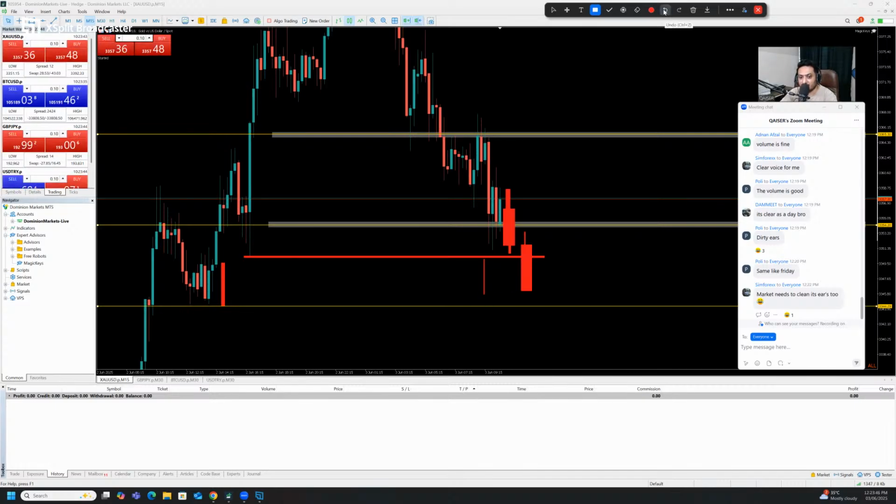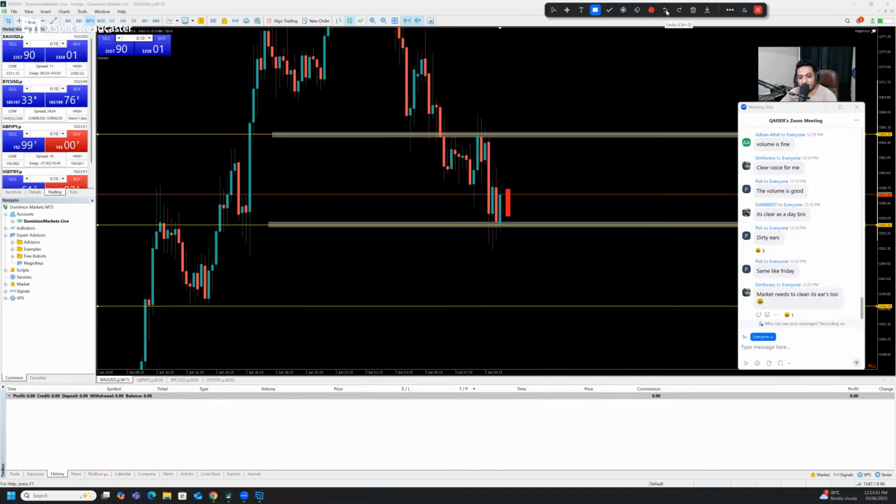This is the next structure you should wait for if you wanted to take a sell. This should print there, but look at the way it's reacting. Nothing on the chart. Just need to wait more. I don't think we're going to get any trade during the London session, the way it's reacting right now. I'm waiting and managing the uncertainty. How simple is that?